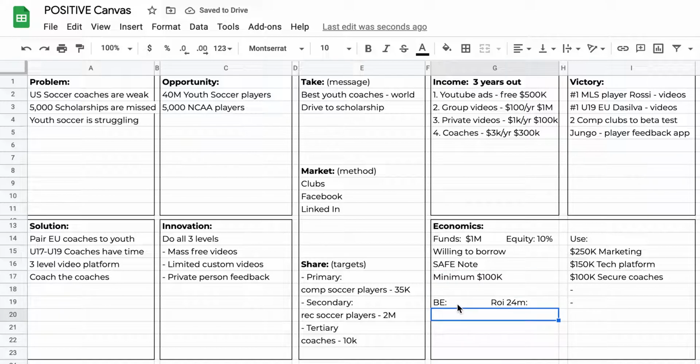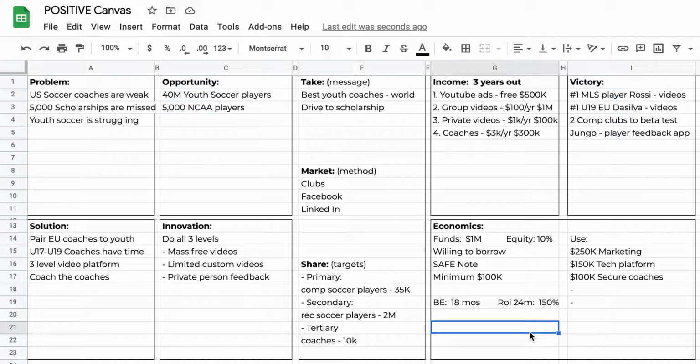And then your break even. So if you get $1 million, when do you have that $1 million back in your bank account? Doesn't mean you've taken any home. It just means that you're break even. So we would say our break even is, let's say 28 months. And then your ROI after 24 months, or let's just, to use this example a little bit better, let's say our break even is in 18 months. And our ROI after 24 months, meaning what have we returned to the investors, we're going to have 150% return on investment. And the CFO on your team can kind of work with the staff to figure out how best to come up with that and to determine that.